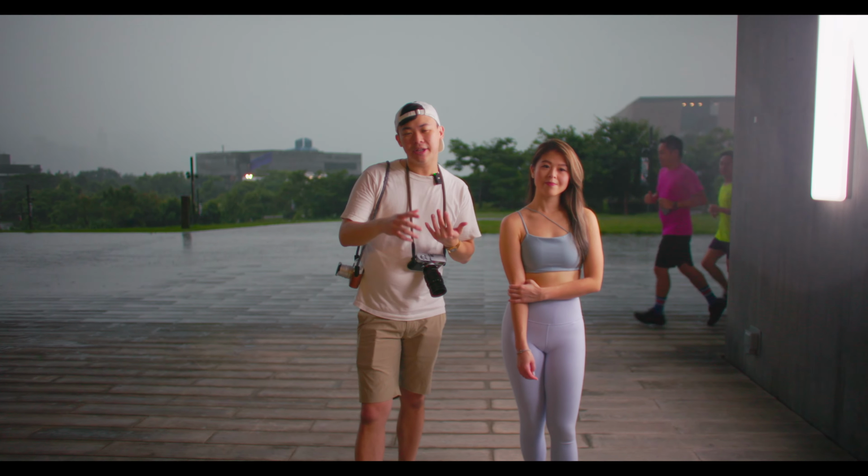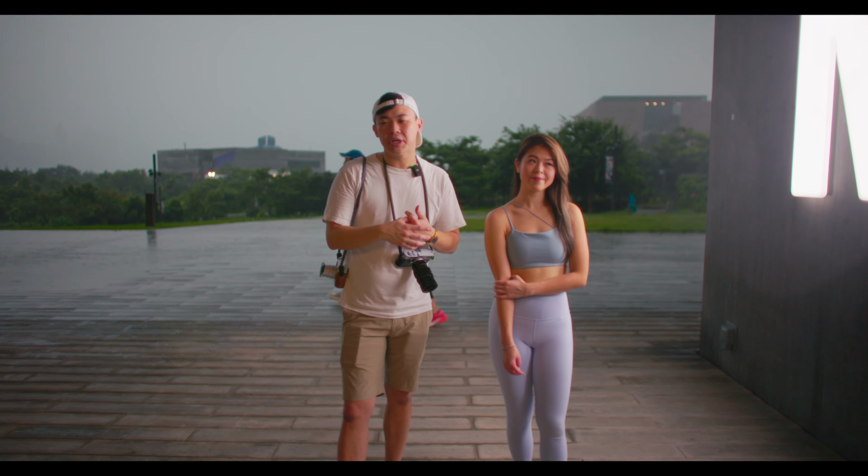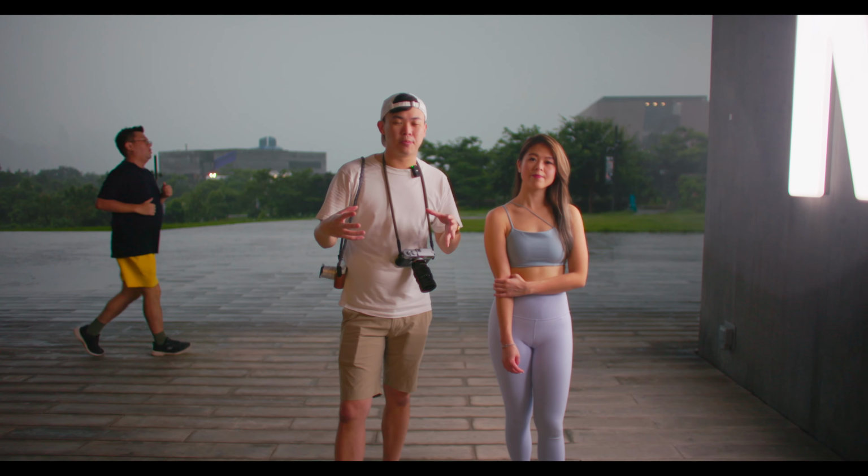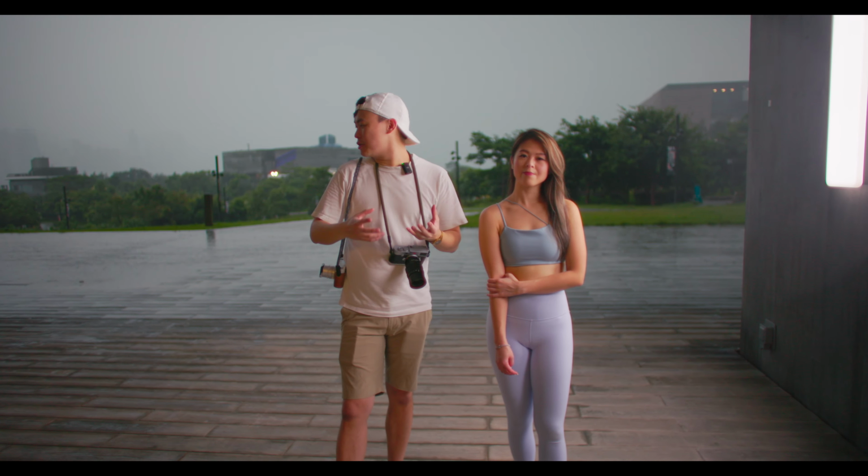I've brought several lenses to try out, including a 21, the 35, the 50, the 90, and the 75 millimeter lenses. So we'll be doing a mix of environmental portraits as well as close-up portraits. Today we use one light, the Zhiyun light, which has been giving us some very nice additional lighting